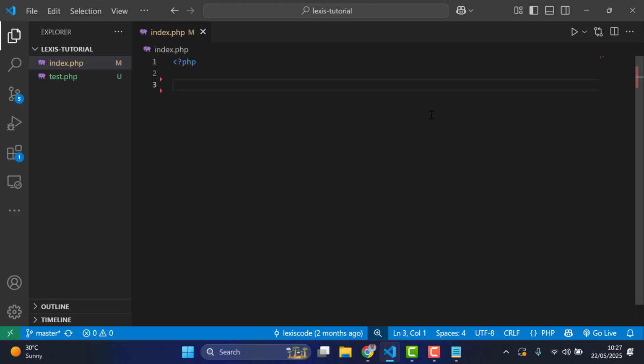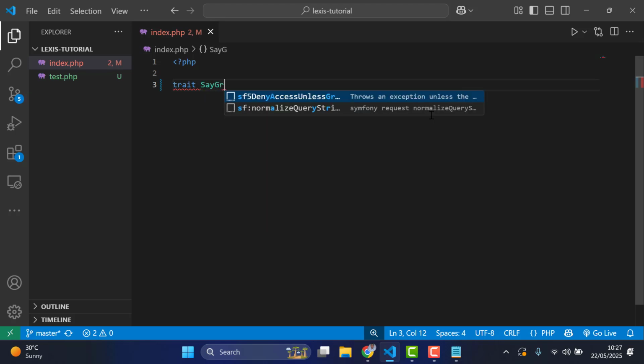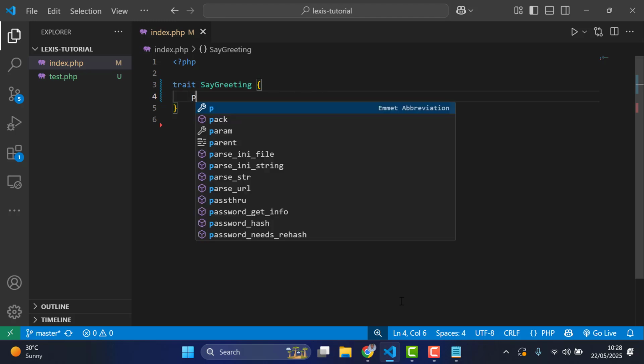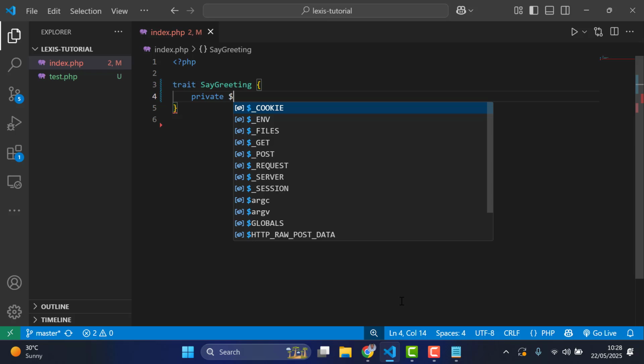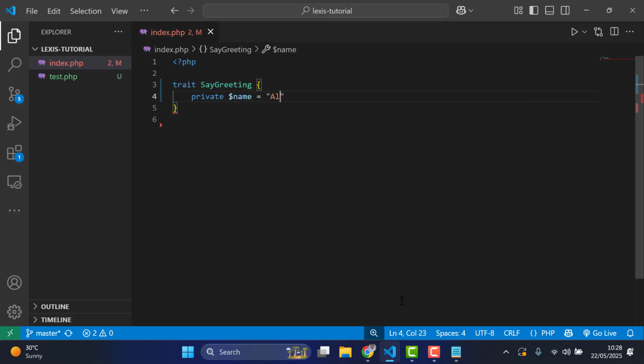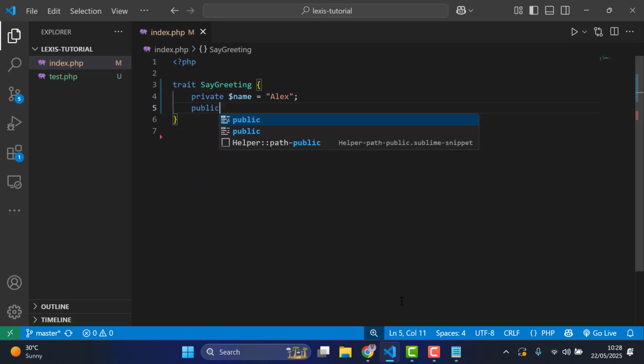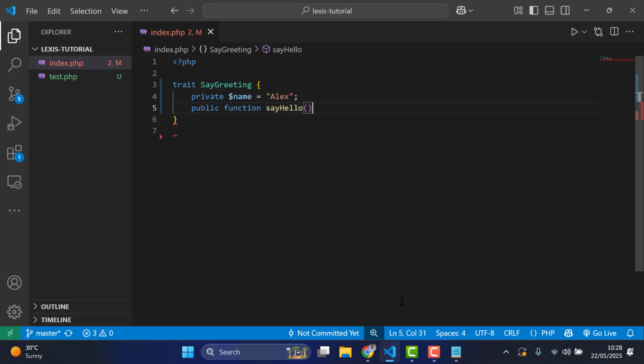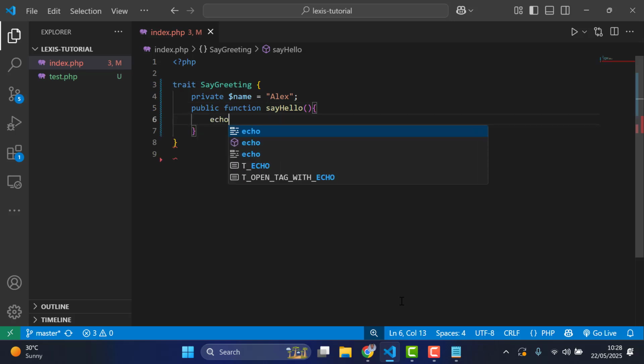Okay, so a quick example of this one now. Traits, let's say I create a, by the way, this trait is just like a class. But I'm using the keyword trait to make it have that feature of what a trait is all about. So I create a trait called say greeting. So let me just put some properties. And let me add a function as well. Say hello function. Inside this function, echo